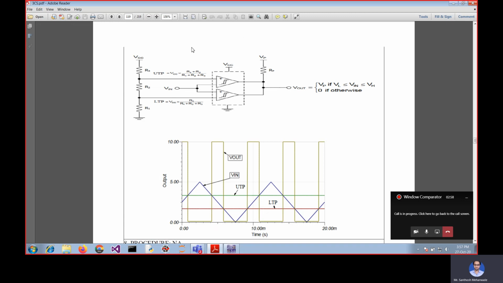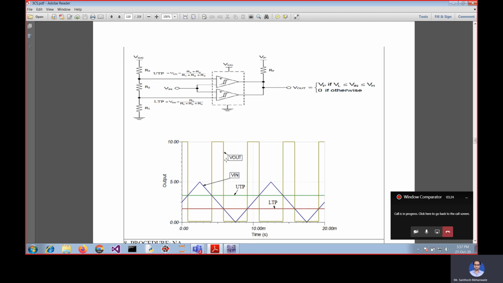You can see that VCC is 5 volt, and R1, R2, R3 are 10 kilo ohm each. Then we will apply the Vin, and 2 op amps will be there, and a pulling resistor of resistance 5.1 kilo ohm, and the VP is 10 volt.